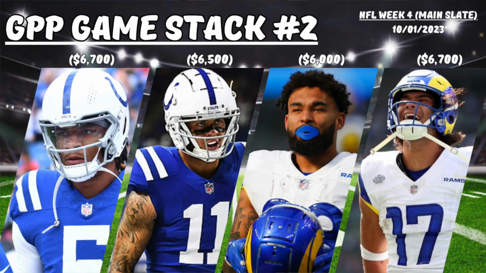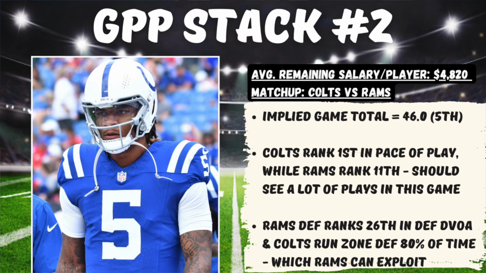And then another game that I like targeting here in week 4 is this game between the Colts and Rams. Playing indoors, always like a dome game, and I like stacking up Anthony Richardson with his number 1 wide receiver in Michael Pittman, and then running it back with Kyren Williams and Puka Nacua. Now this game here has an implied total of 46 points, which is the 5th most on the main slate, but I definitely think we could see the over here, largely due to the number of plays that should be